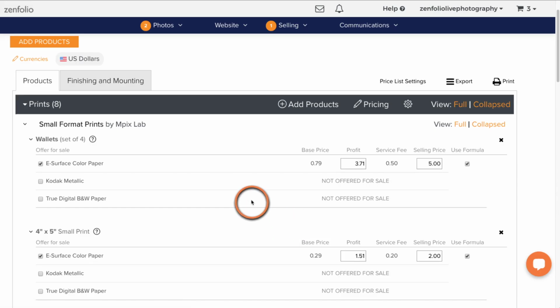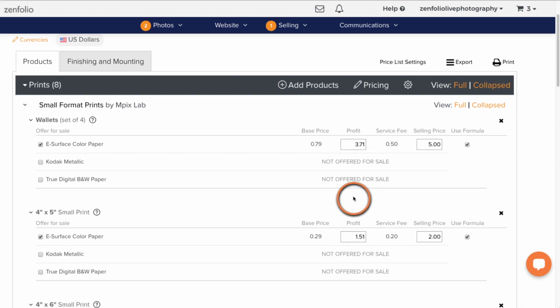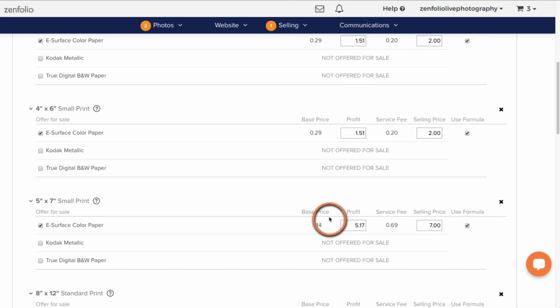I don't really like using the fixed markup. What I like to do is say, okay, let's do a 500% markup over what the lab charges, and then let's round it up to the nearest dollar, and then hit apply. And I find that that, for me in my area, gets my pricing pretty close to where it needs to be. I just come back and fine tune some things, because sometimes it makes things too expensive. Sometimes it makes things too cheap. So you just want to come back and fine tune it if it needs to be fine tuned.